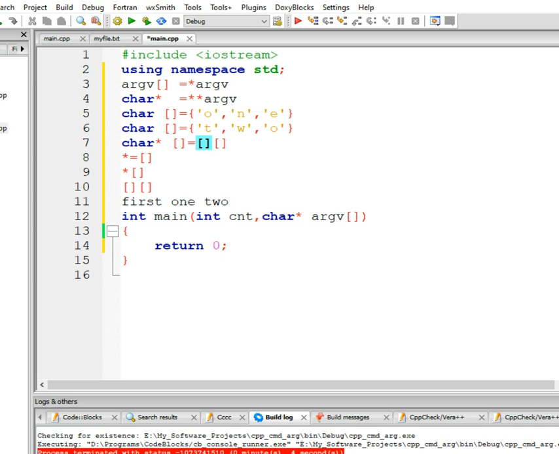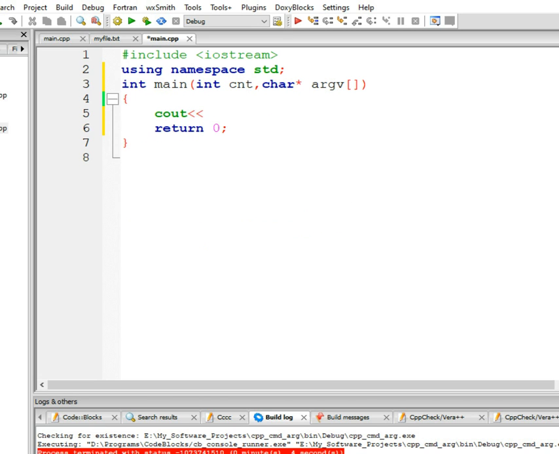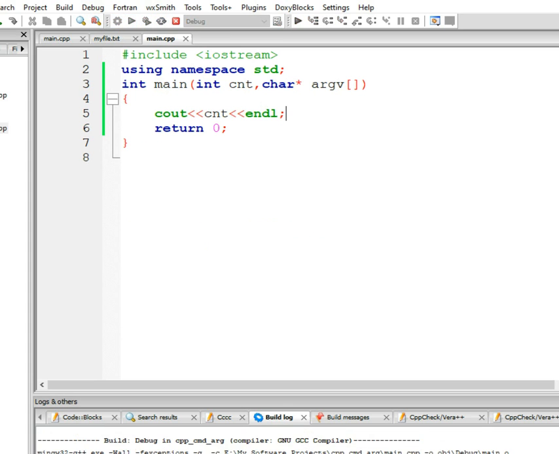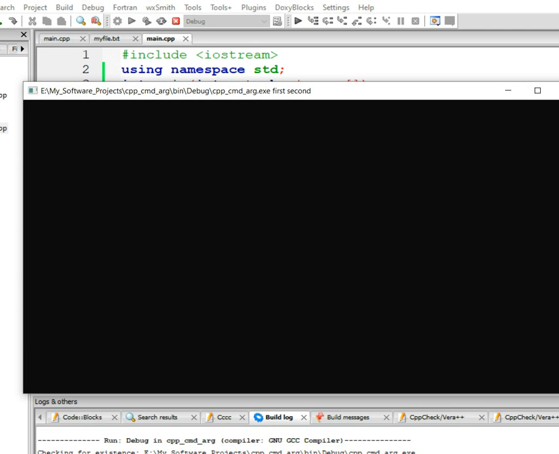And obviously you can see that there is no size given to the array. Then how many strings can we store in this array? That is where the count comes in. The count will represent the size of this argv. Now let's try this in practical terms. Let's display the count variable. As right now there is no argument passed to the program, one may think that the count is going to come as 0. Let's see whether it comes as 0 or something else.